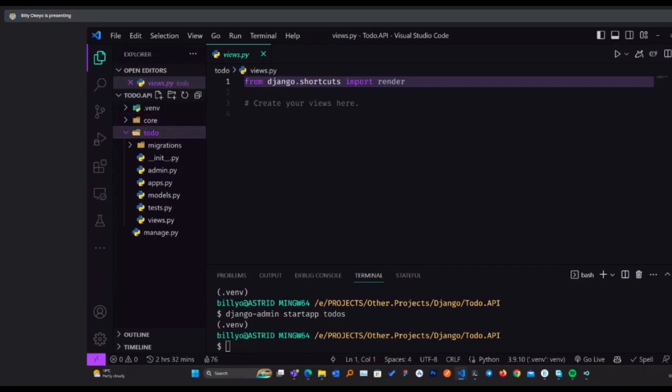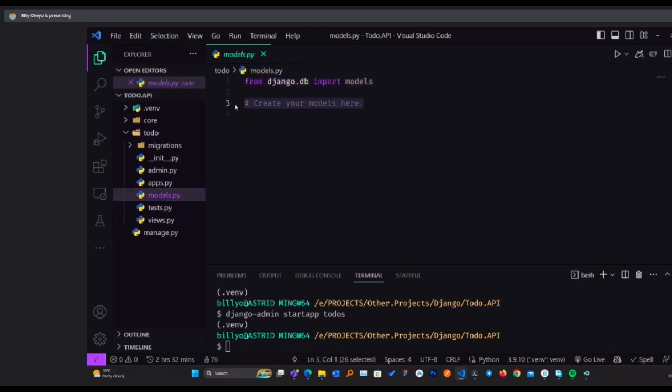The next thing we need to do is specify our tables, and we'll do that in our models.py.